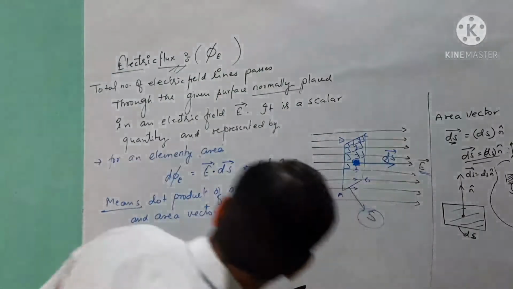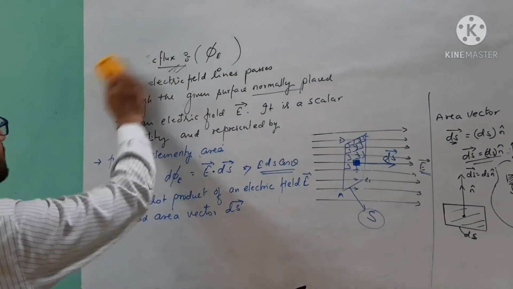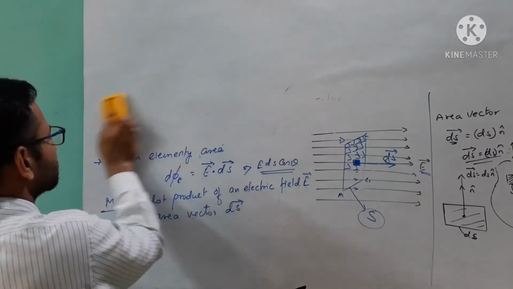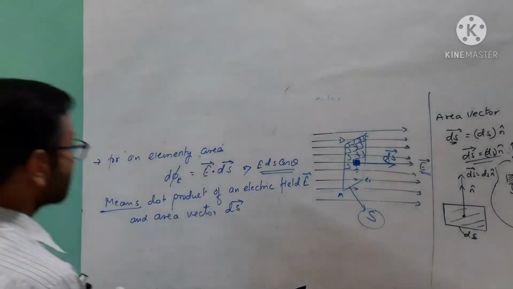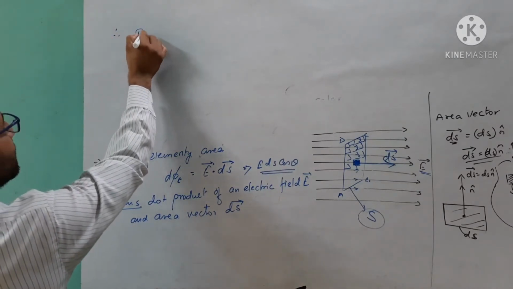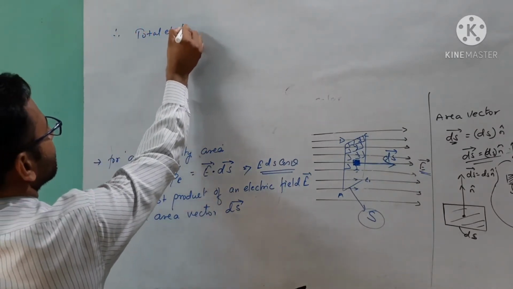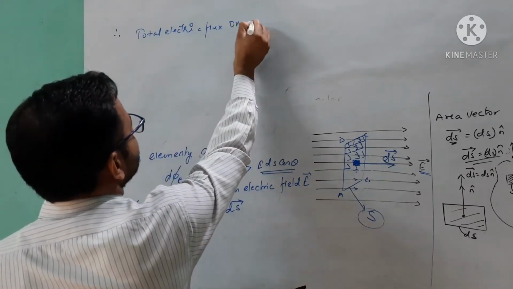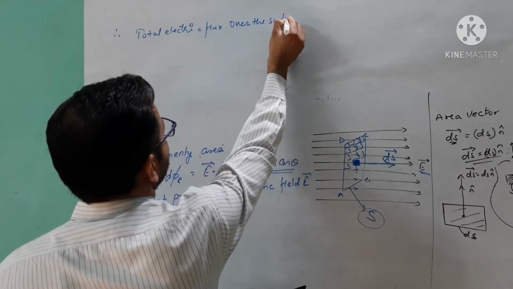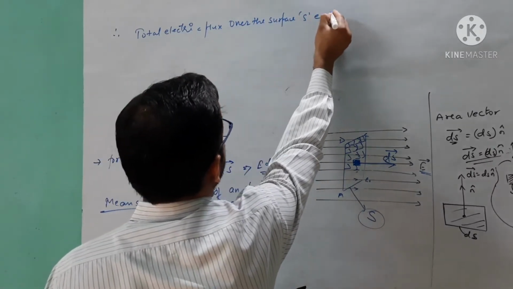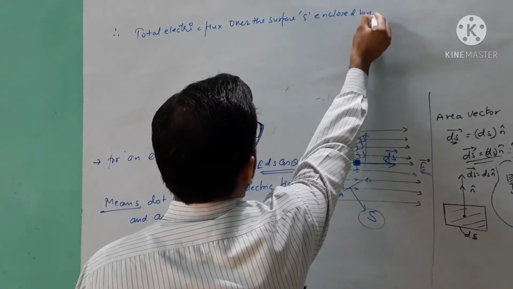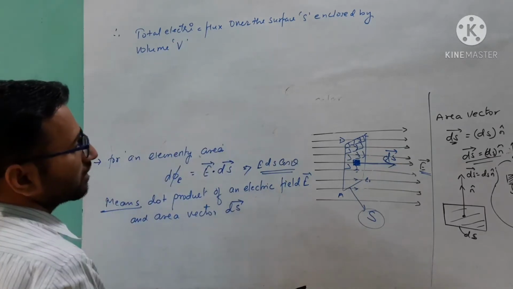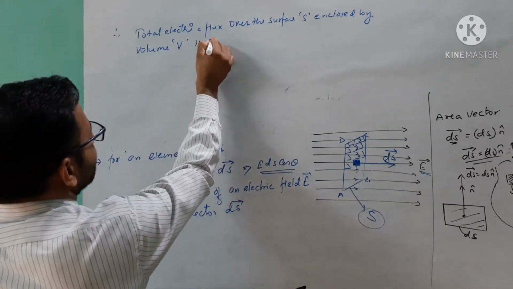So see here, I can start this statement. Therefore, the total electric flux over the surface S enclosed by volume V is given by,